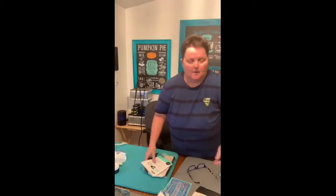Okay, we're going to do this again. And the reason I want to do it again is, number one, I want to prove to you that the canvas bags are not that hard to do. I knew when I started this that it could be a problem because this transfer has been used a lot. It's still okay to use this on wood or glass or anything like that,